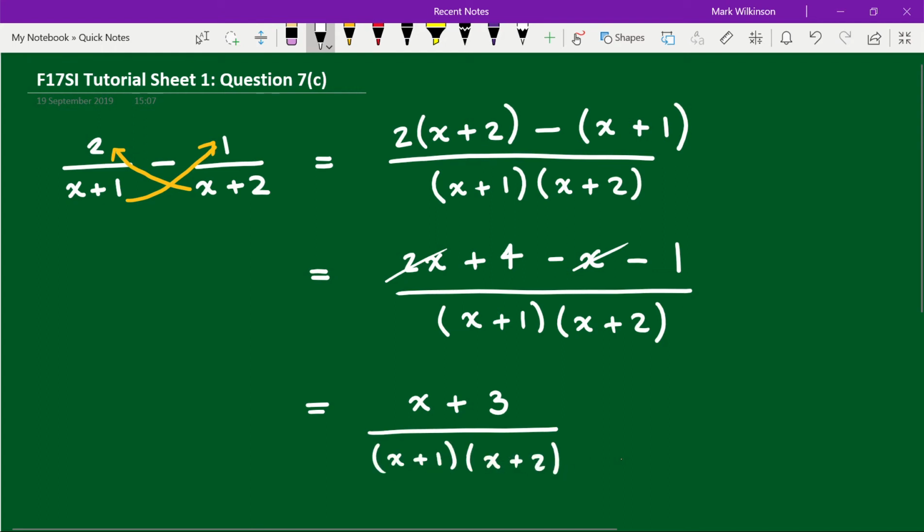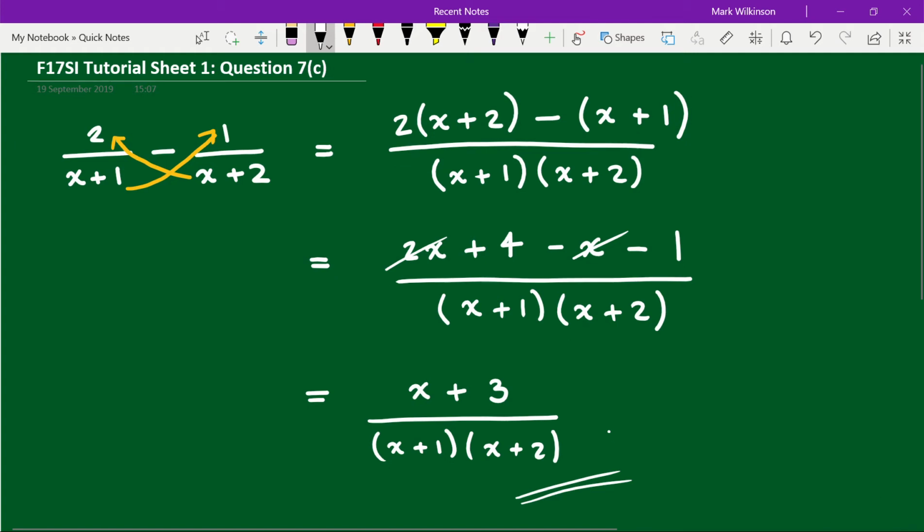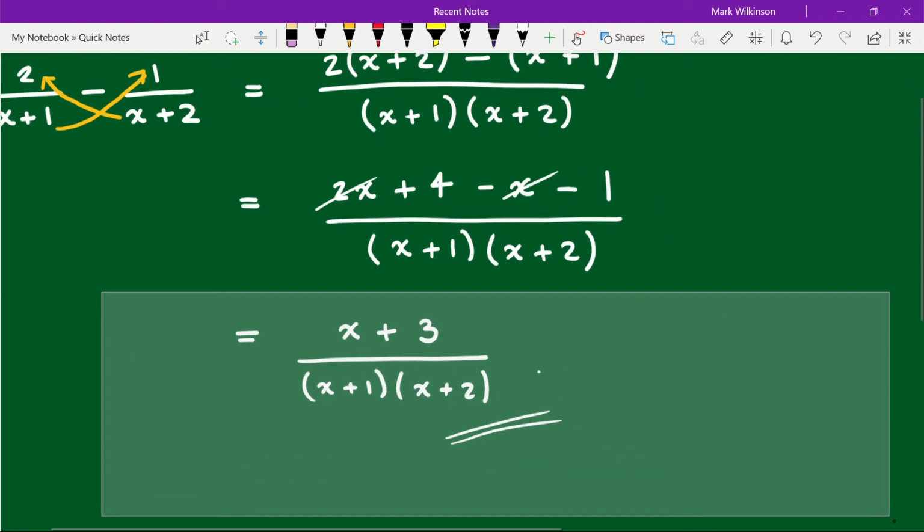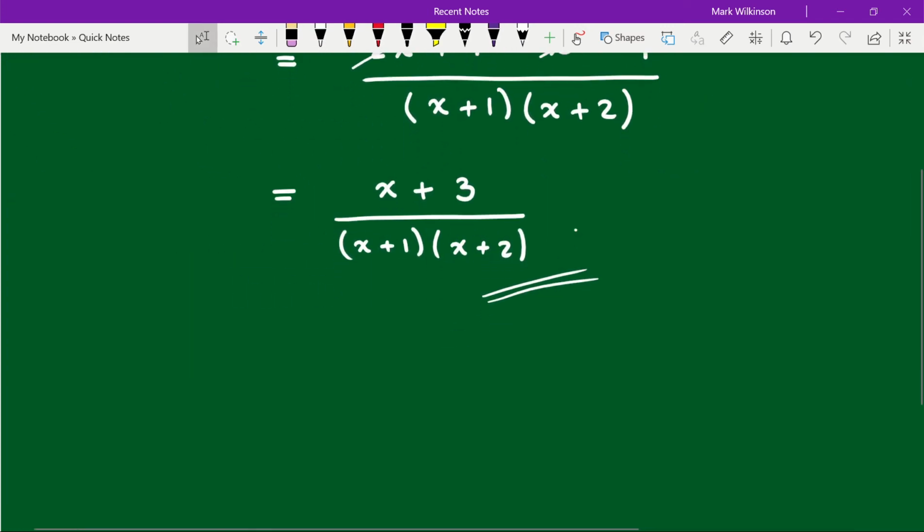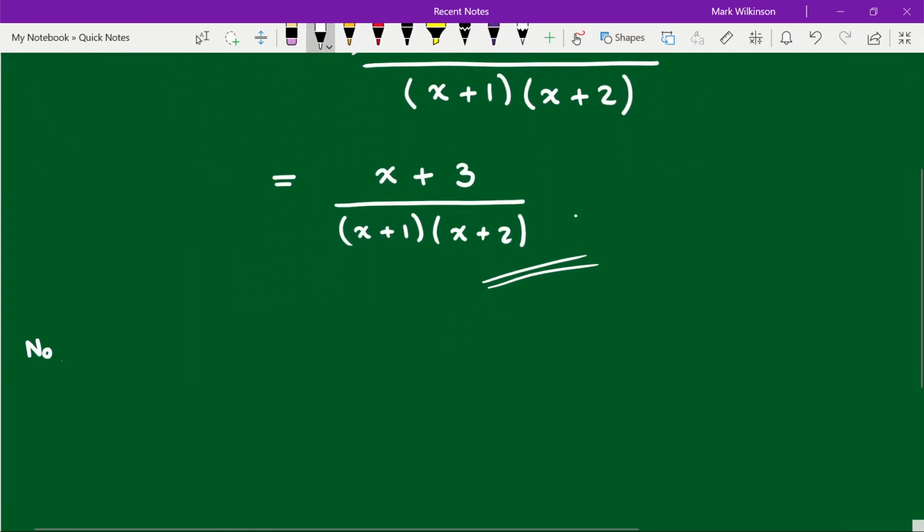And for me, that is the fraction expressed in its simplest possible form. You could break or expand the product of brackets on the denominator of that fraction if you wanted. Namely, you could do the following. However, I would be happy to have the answer written there, but let's just note you might like to express the final answer